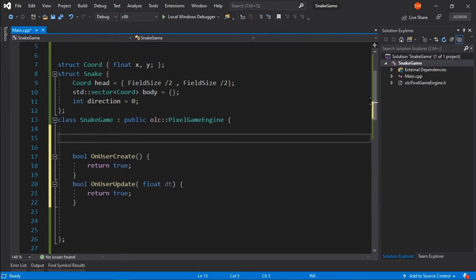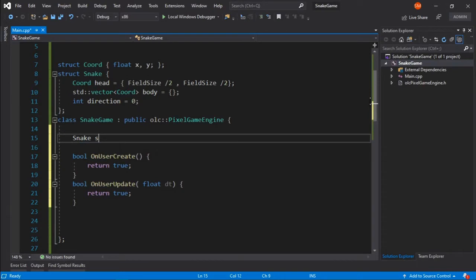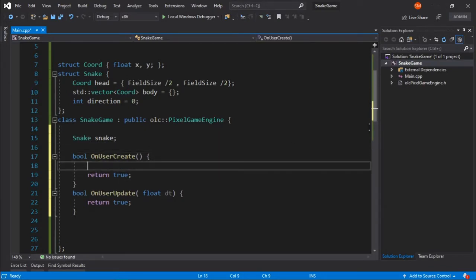So first of all, we need a snake. So I will say Snake snake. Okay, so what we need to do is first set everything about our snake.